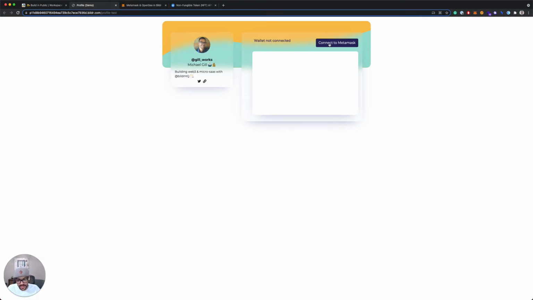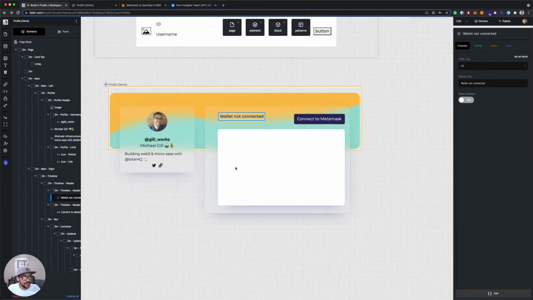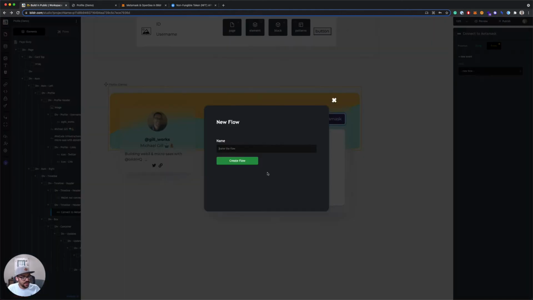What we want to do next is when you click on connect to Metamask, it should open Metamask and ask you to authenticate so that you can connect your wallet. So back in the studio, we are going to use our button on click as the trigger. So on our button, we're going to go to events, and on click, we want to say a new flow. So let's create a new flow here, and we'll call it connect to Metamask